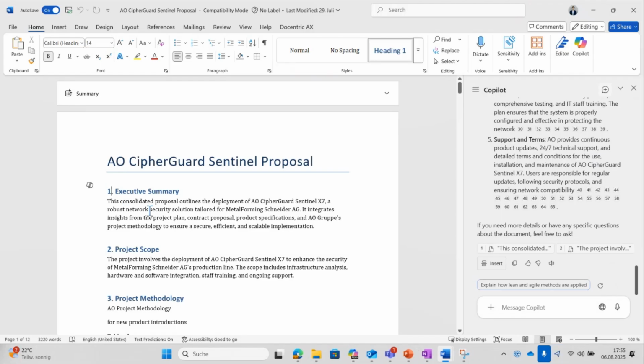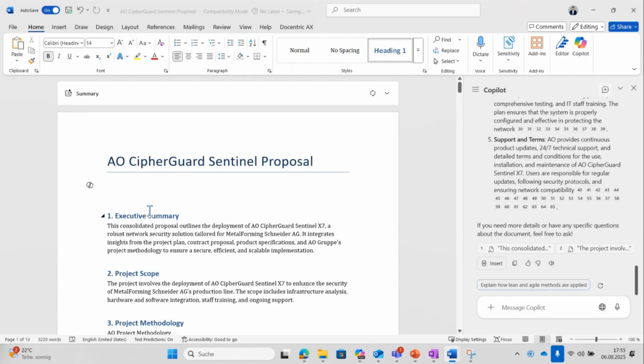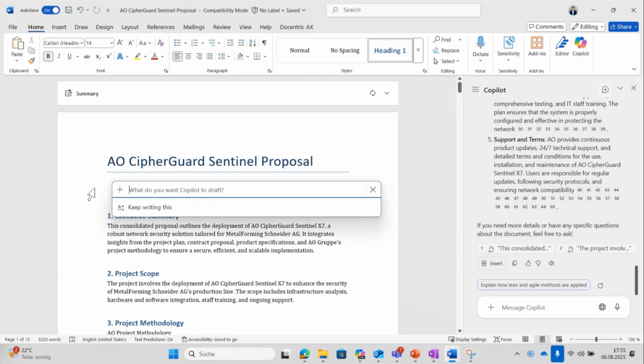Another function that I would like to share with you is obviously then using Summarize in order to complete this document. What we can do over here with the Copilot within the document is drafting with Copilot, which will enable me to create text and passages or even change passages if I would have chosen one that has already some content. And what I want to do over here is creating an executive summary